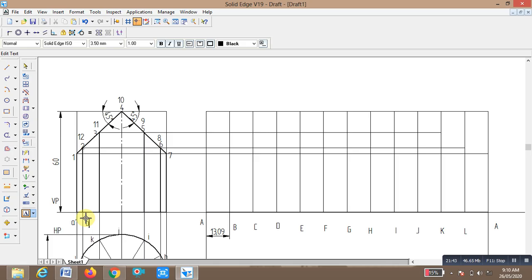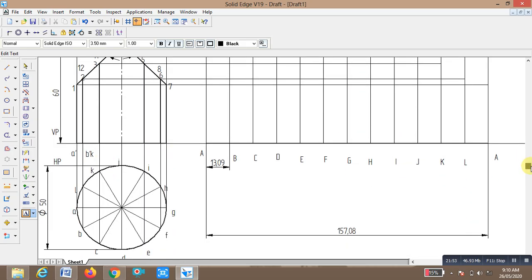This is B dash, L dash, this point is C dash, K dash, this point is D dash, J dash, this point is E dash, I dash, and this point is F dash, H dash, and this point is G dash.